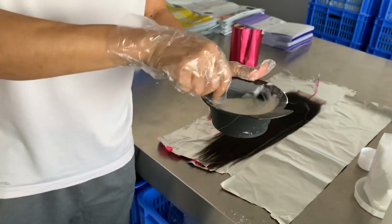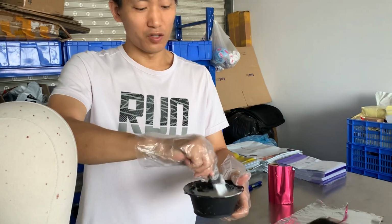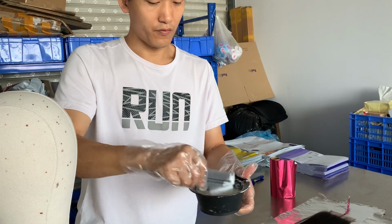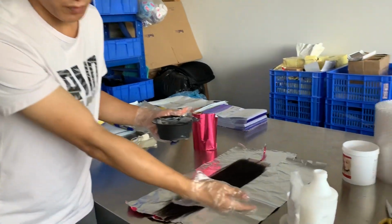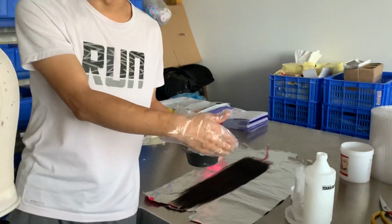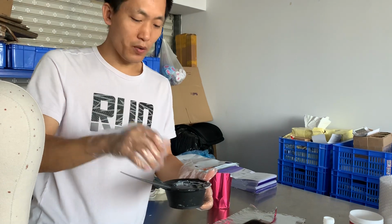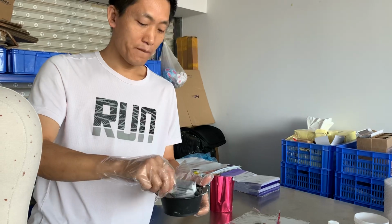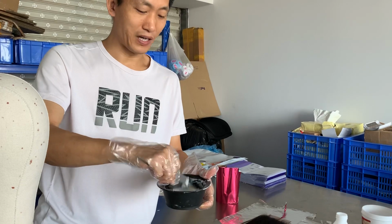A lot of ladies ask me, do you use chemical to process your hair? I don't think this is a very good or correct question to ask your vendors, because actually this bleaching powder, this bleaching kit, already has some chemical. Without the chemical, you can't bleach the hair. So the proper way to ask your vendor is, do you use chemical to process the bad hair into good looking hair? You can ask your vendor like this,